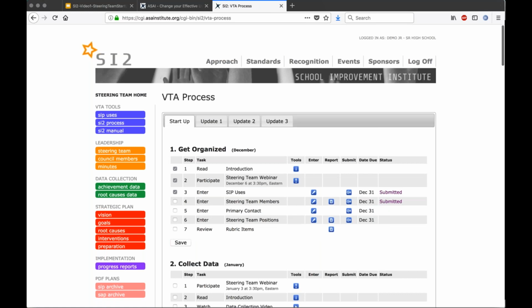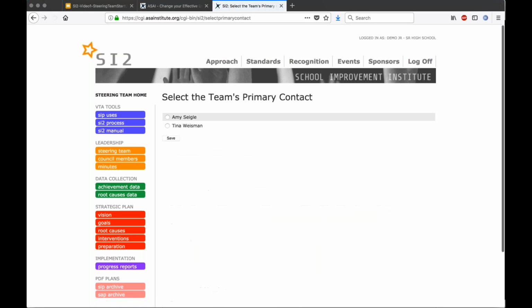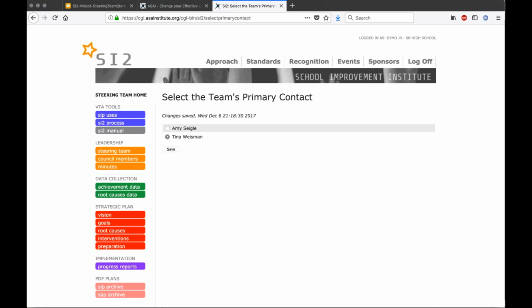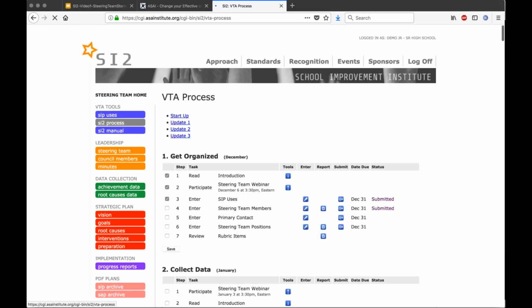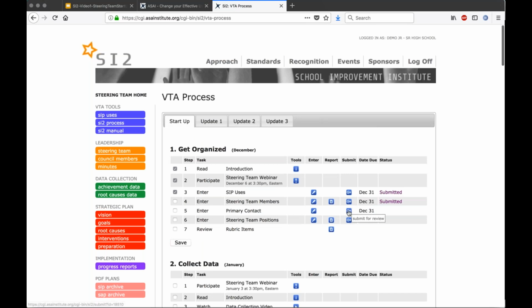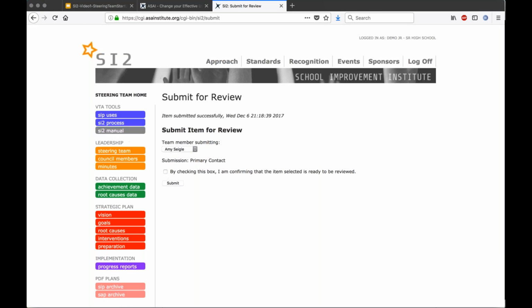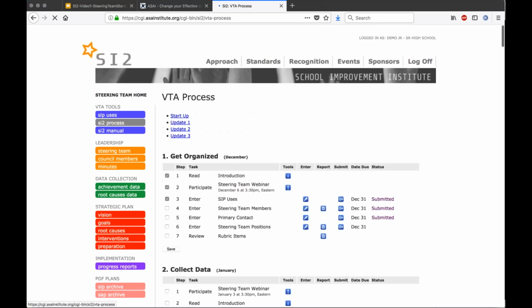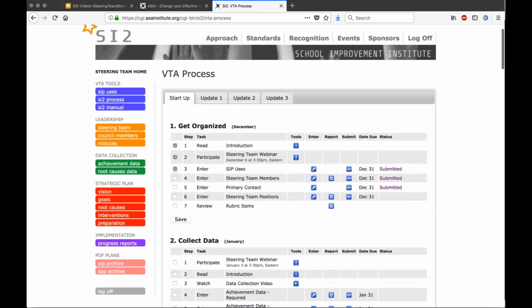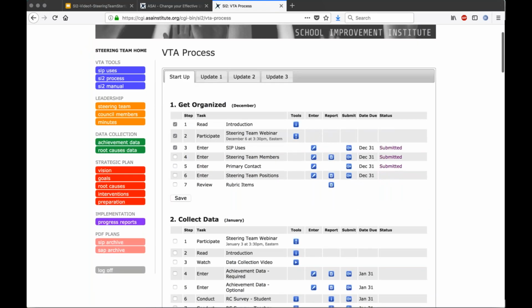In step 5, we enter the primary contact person, and that's just a choice among the people on your steering team. Go back to the process, and I'm going to submit that for review. And now I'm ready to enter our steering team positions.